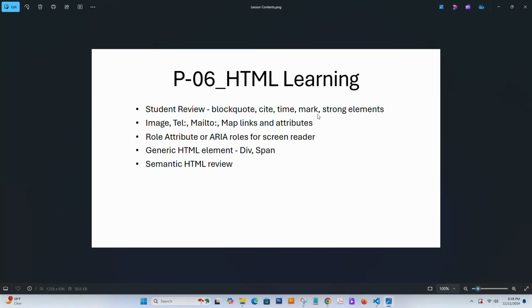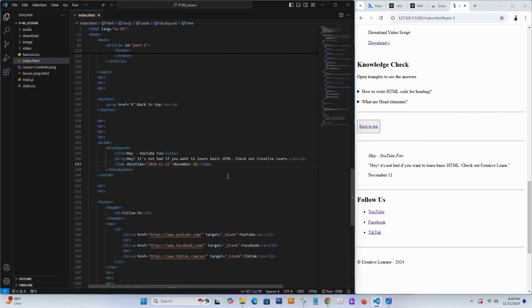Also I want to show you the mark and strong elements. Mark is for when I want to highlight something in my content. If you look at web content, some websites have a little bit of yellow highlighting. Let's say I want to highlight 'to learn basic HTML'. To do that, I simply add an inline HTML element called mark. So I will start with